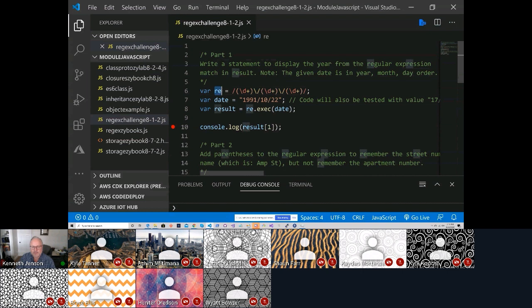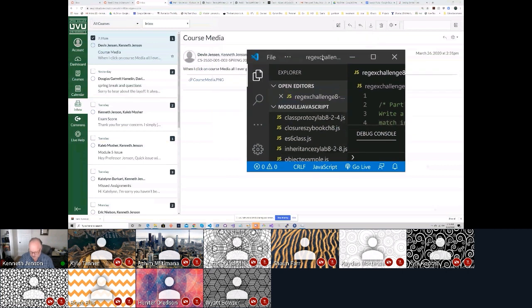I'm going to define my regular expression. I'm just going to declare a variable called RE, and then a regular expression starts with a / and ends with a /. What you'll see here is you've got open and close parentheses. I'll discuss those in a second, but I've got \d plus. Okay. Before I come back to this, actually, I'm going to bring up the lecture notes,